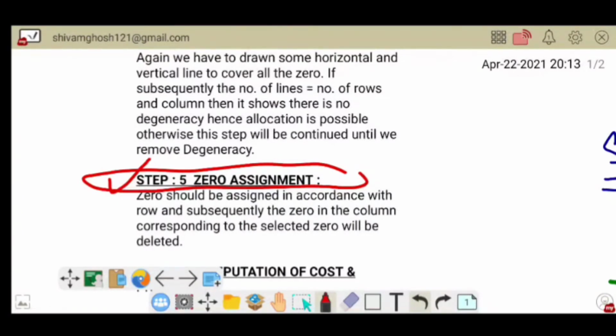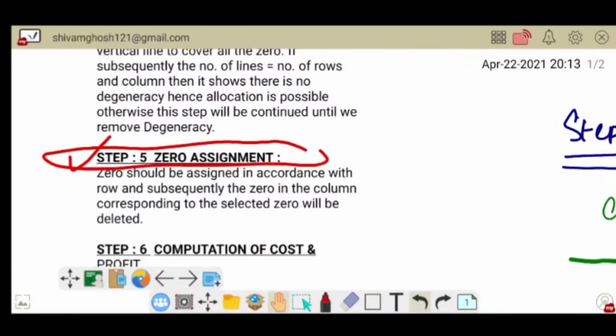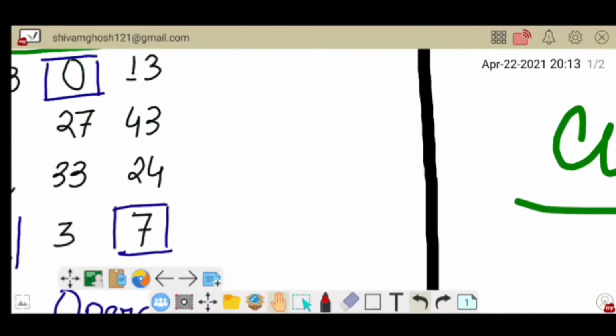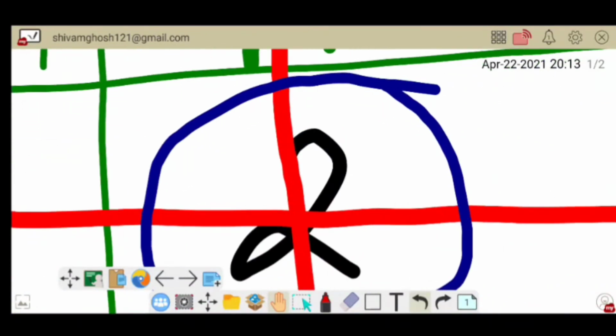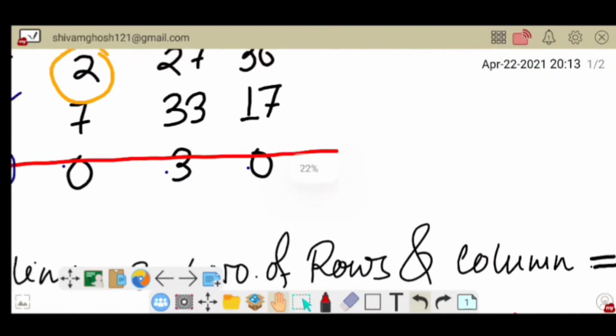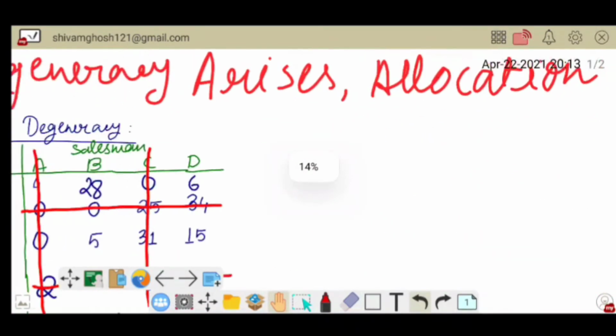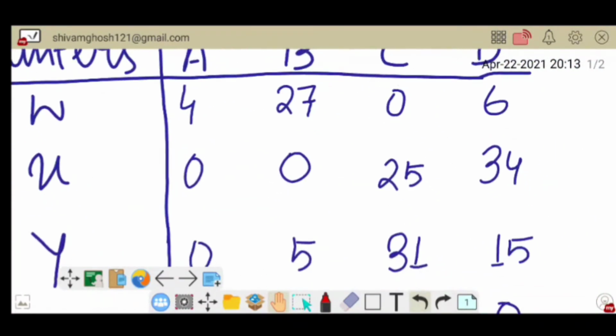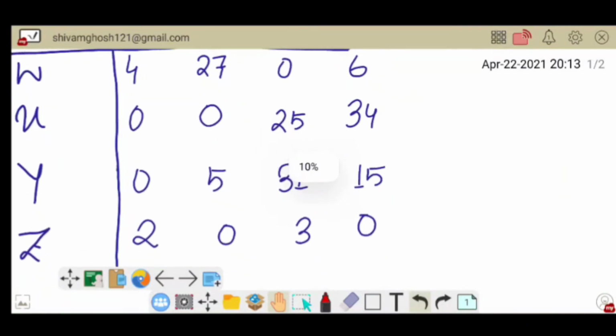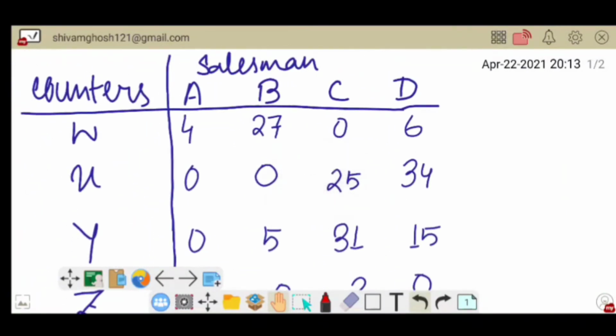How do we delete any 0? We select one 0 from the row, and if there is any 0 in the same column, we have to delete that one. Just look at how the extra 0 will be deleted.